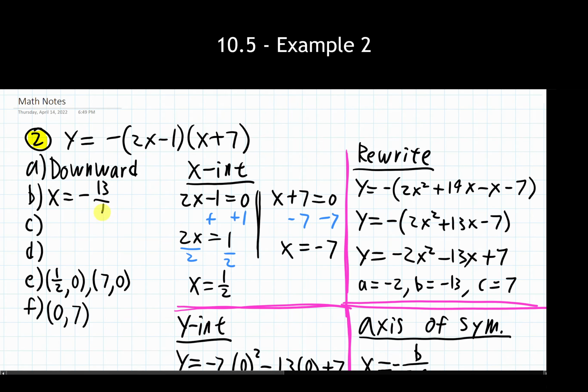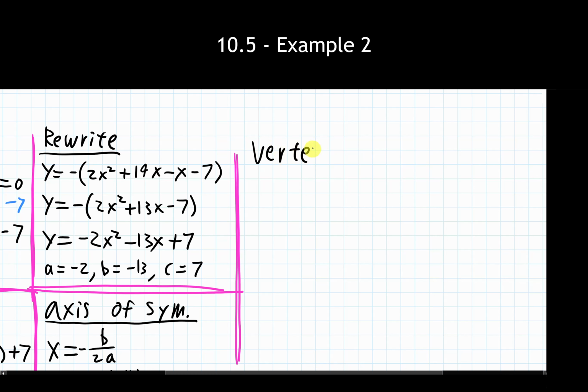Now I need to find the other part of the vertex, the y value, which is the one that's going to get a little painful here. We've got a fraction showing up, and it's not exactly a nice fraction, so this might take a little bit of work with the calculator. I'm going to do the actual number crunching off screen, but I'm going to at least write in what we're doing for our setup. Okay, and then I'm going to number crunch all of this to get to my final answer.